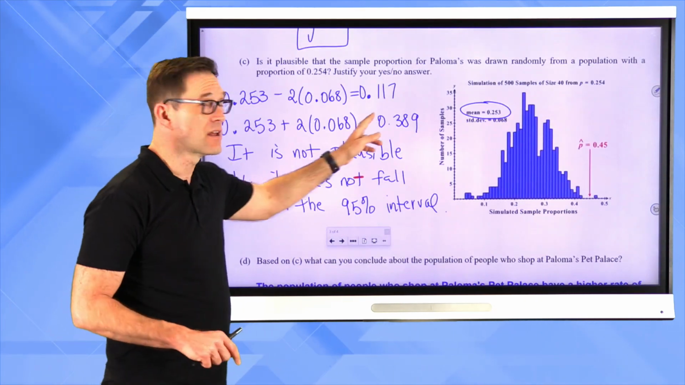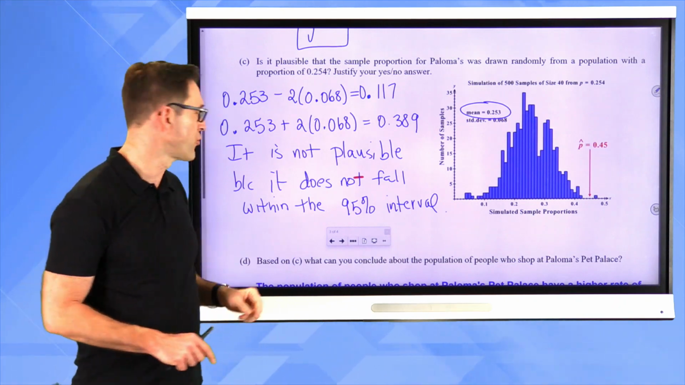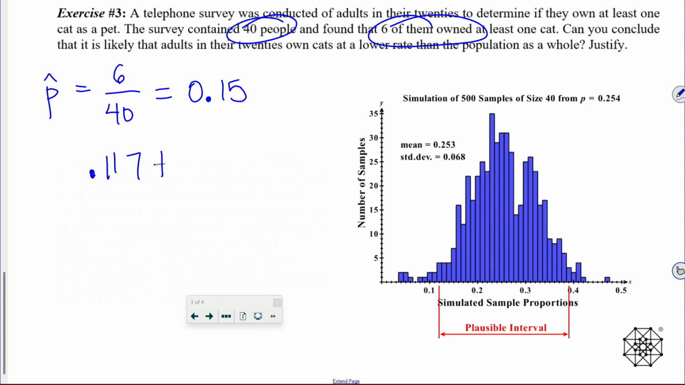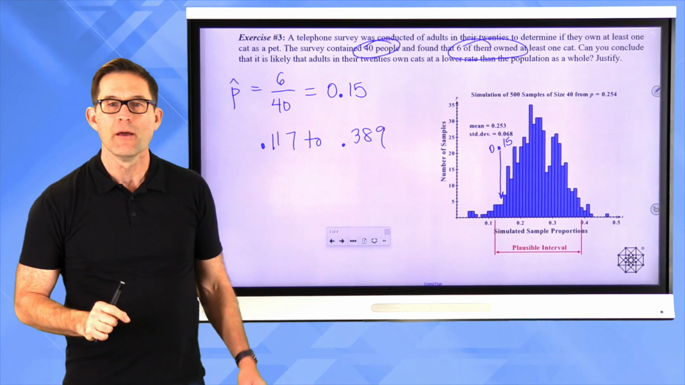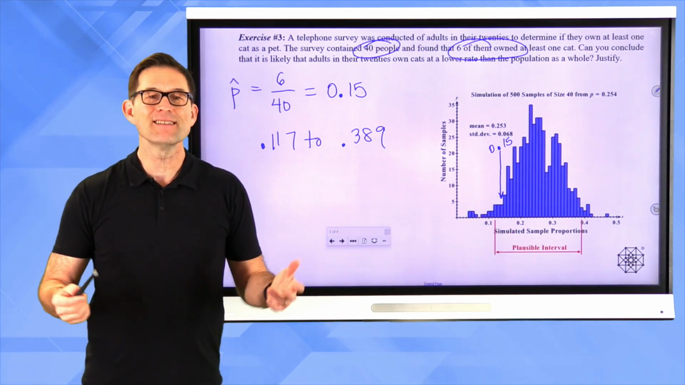Well, let's take a look. Our interval is 0.117 to 0.389. I guess I didn't put it on here, but our 0.15 is actually right there. Now, what that tells you, because the 0.15 is within this interval, it doesn't tell us that they